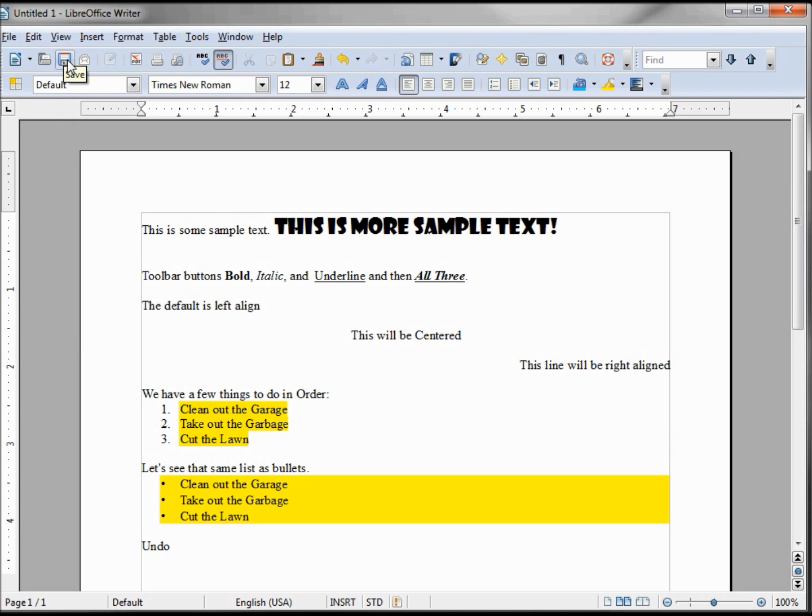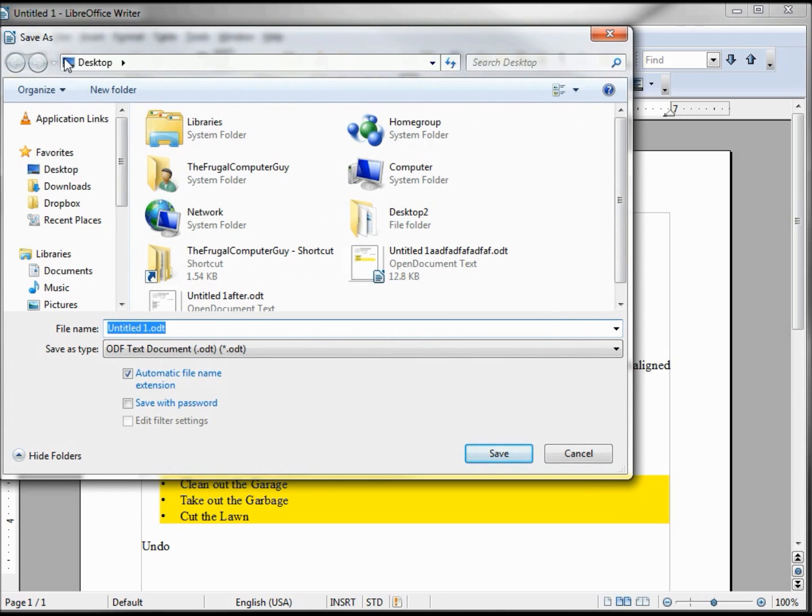We also have a little disk here that says Save to Disk. If I click that, it's going to do the same thing as Save As because it's the first time. It's going to prompt us for a name and a location and a type. The ODT, Open Document Text, and we're going to give this a name of